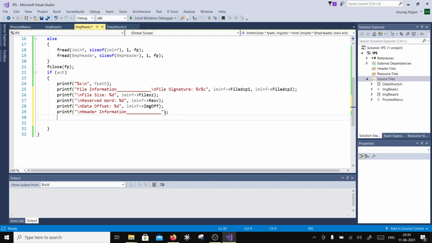So first thing is going to be header size, right? So I'm just going to copy this one, Control C, Control V. So here is going to be header size, and here I am going to put that the header is called Bmp header. Okay, and here Bmp header would have,